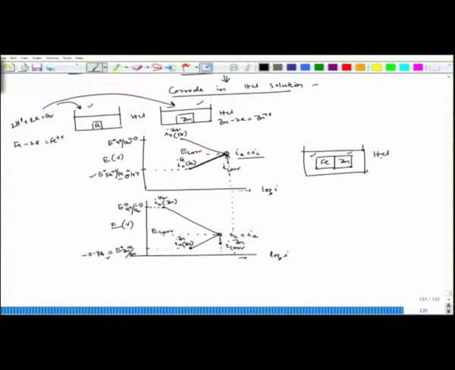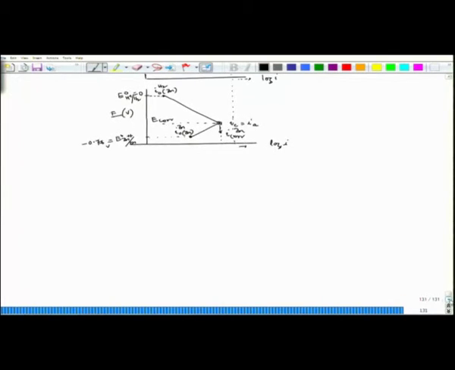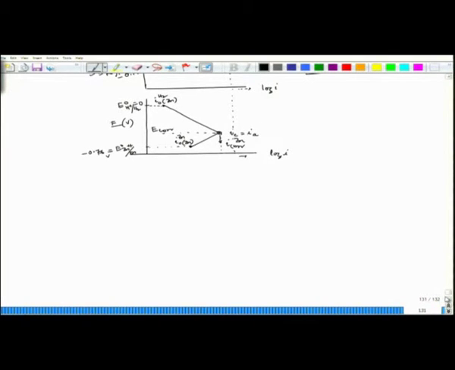But when they are connected galvanically, then what happens to this Evans diagram? That will tell us which one would corrode more and which one would corrode less. Now, if I combine them,